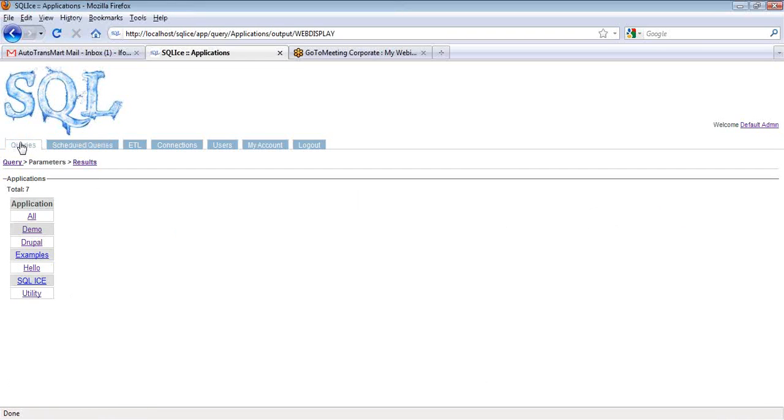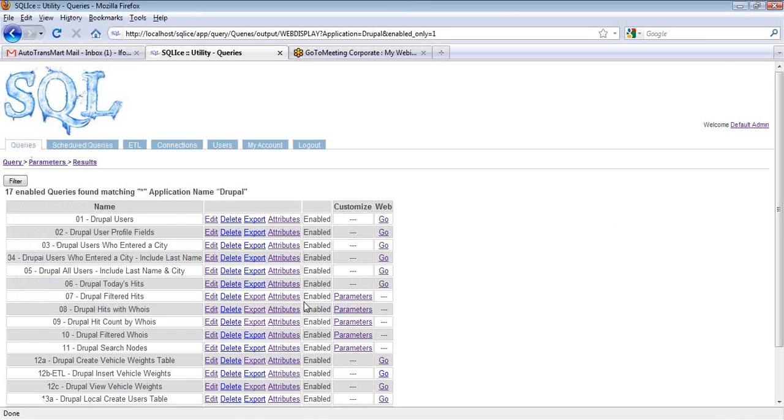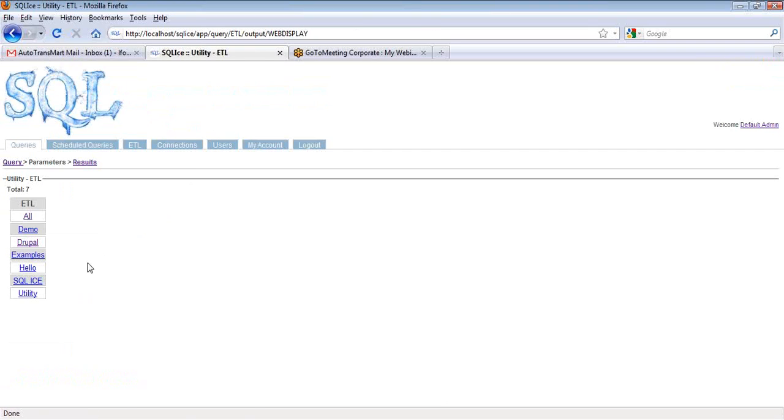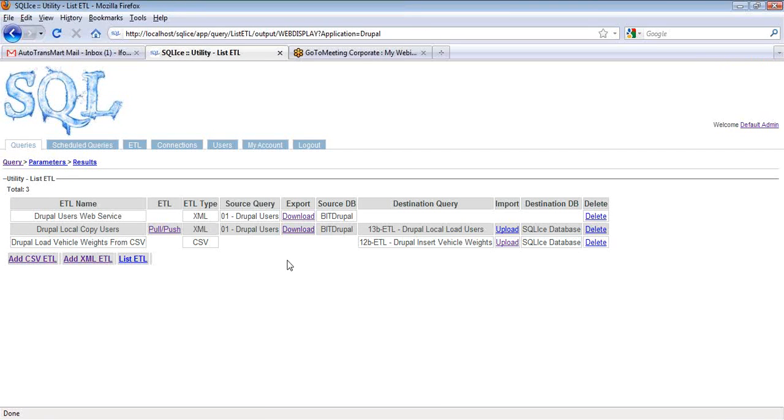Okay, so there's a whole section on ETL in the FAQ as well that talks about how ETL is best handled with SQL ICE. And so then my step two, again, is actually an ETL step. So I click the ETL tab and get to, let's see, this one here, the pull push. So my source query is my users table, and my destination query is my local one. So when I click pull push,